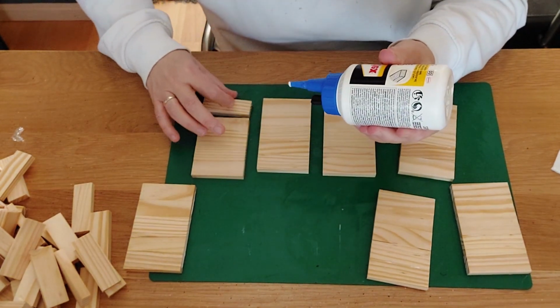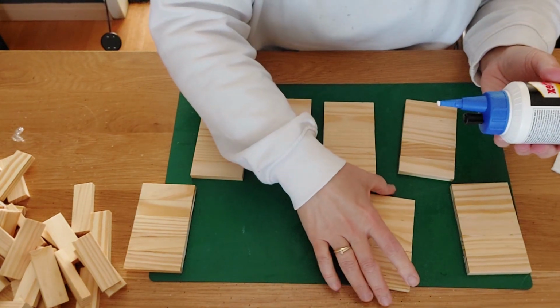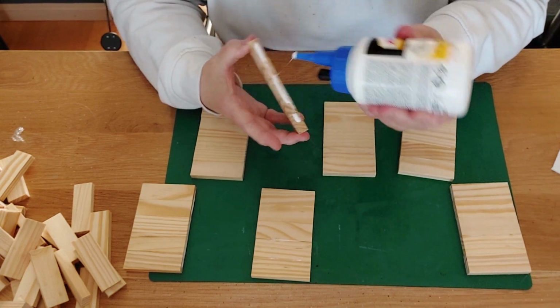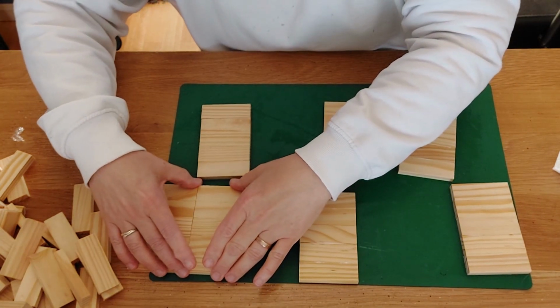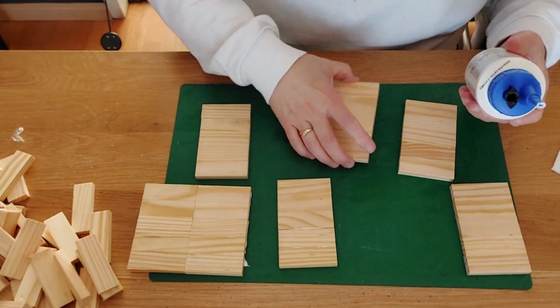Oh, you see already he's still a little bit wobbly, so be careful because you can still readjust it. We're going to start with this one, and this one is also not in the mood. So be careful how you do it. Sometimes you go a little bit too fast, but you can still readjust this, don't worry. You just squeeze it in again and everything will work out very fine. And I'm going to go for this one,